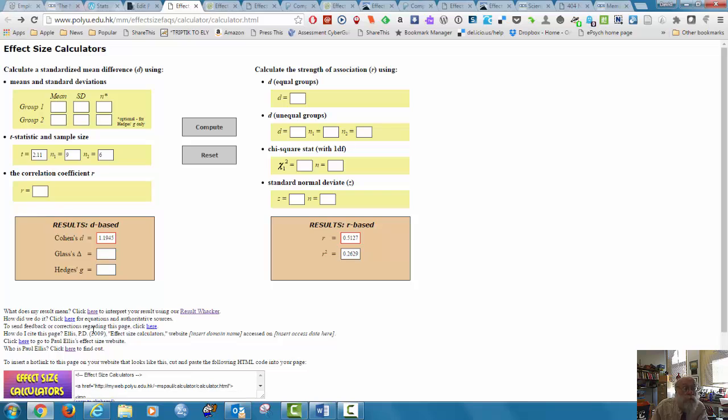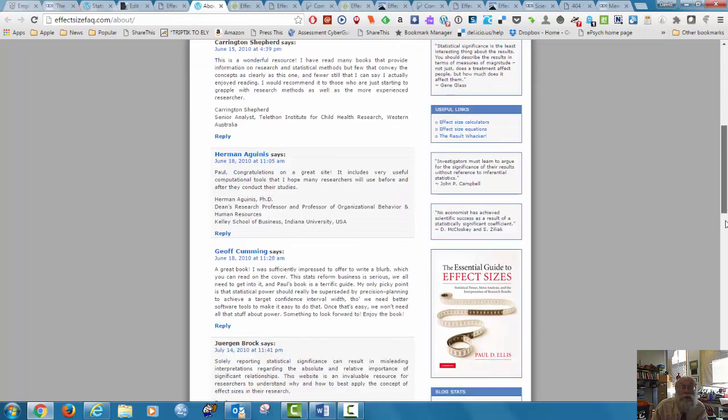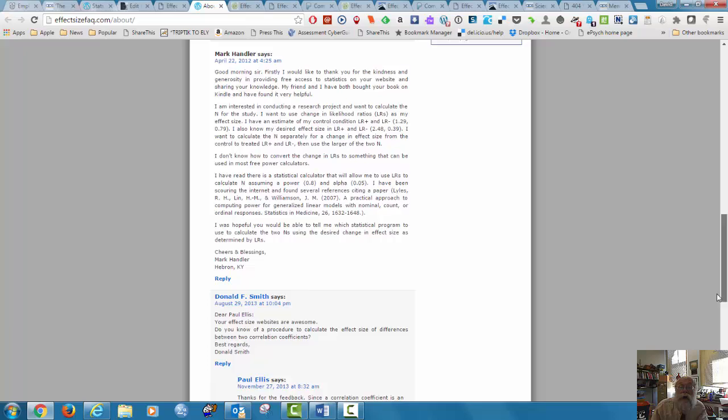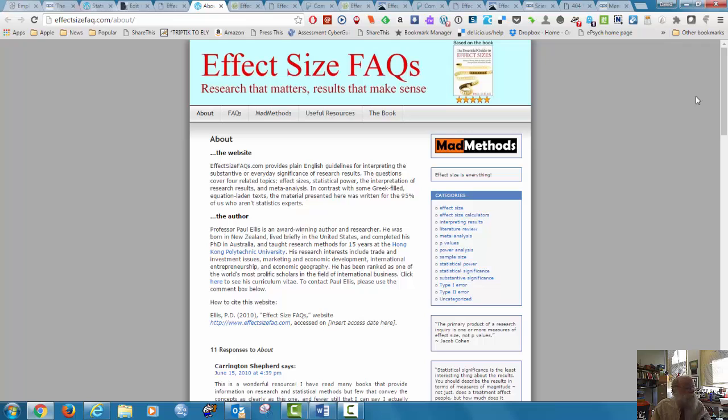So we have that. The other thing I would strongly suggest any reader or user do, he does explain the formula, and he does have references here, and there's an opportunity to leave him references. And here is a little bit about Paul Ellis. And this is where you could get his essential guide to effect sizes, and also the essential guide to power and things of that sort. He's a very helpful individual. All right, let's see if I can